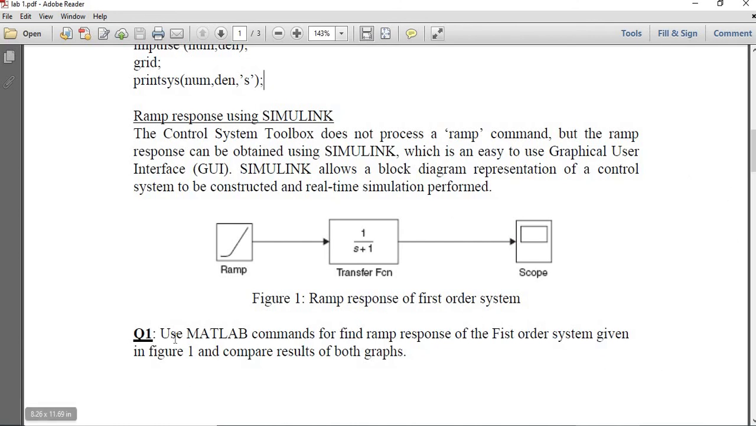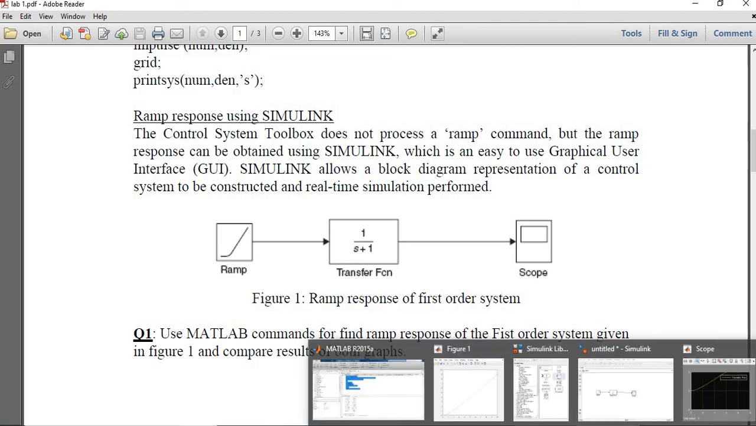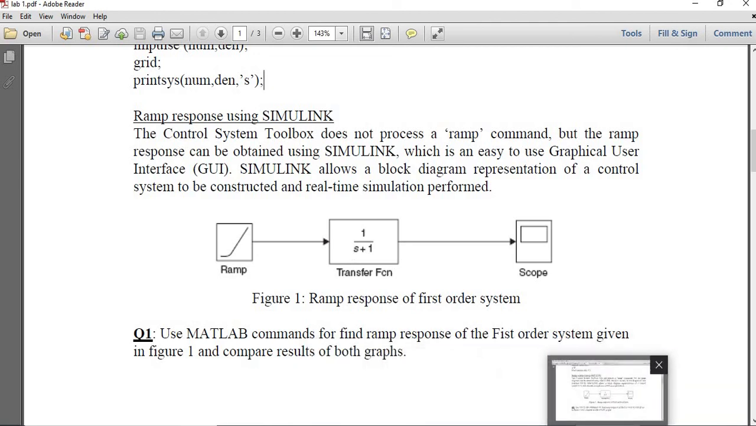So now the first question you have to do is use the MATLAB command to find the ramp response of the first order system. In Simulink you can do this using the ramp command. Okay. Now